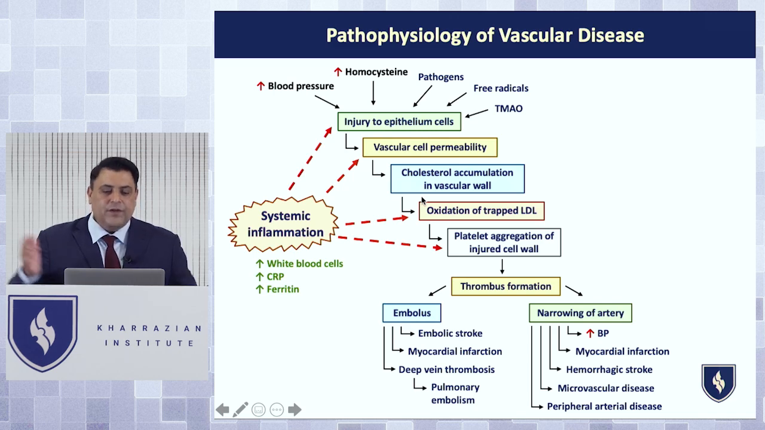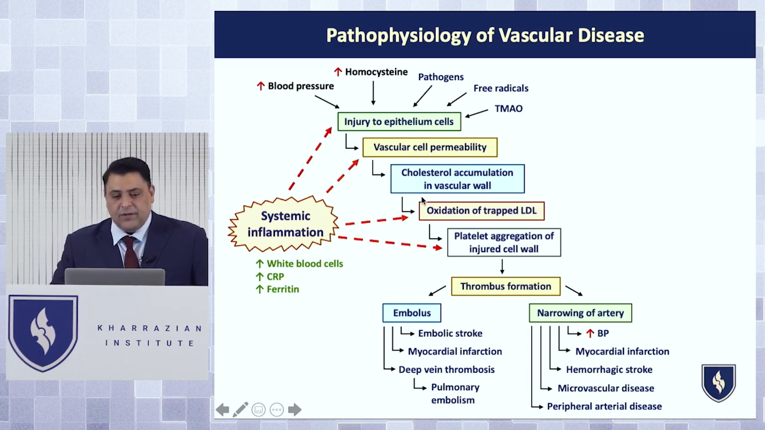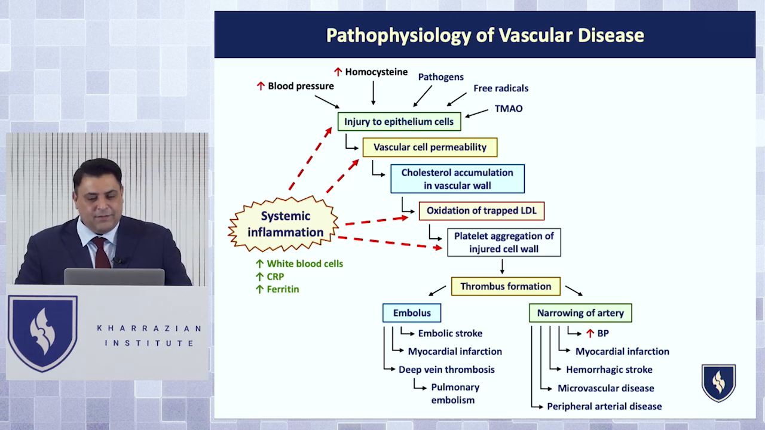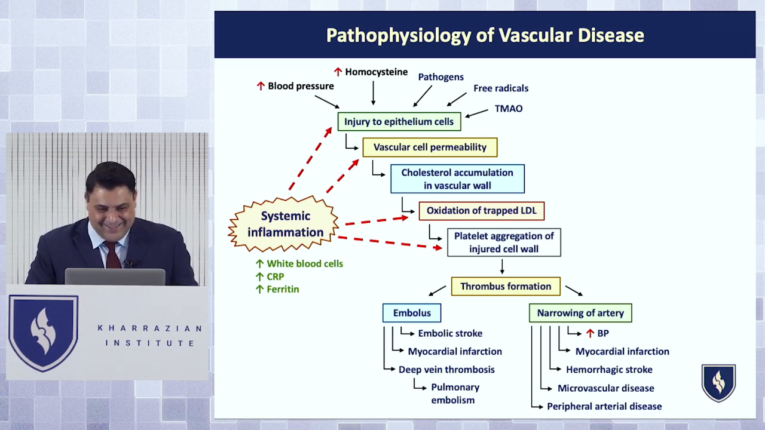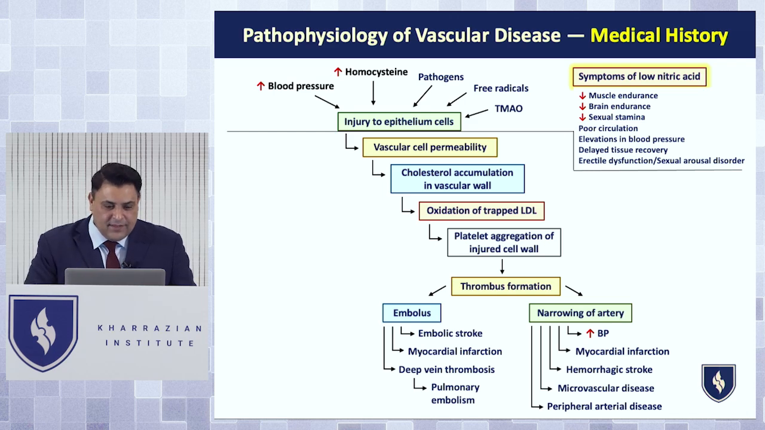So ultimately, what do you do with this? It's really cool, nice diagrams, but I have a patient in front of me. Yeah, I understand. We're going to get there, okay? The first thing is injury to the endothelial cells. You get symptoms of low nitric oxide. That's number one. This is when they come in: low muscle endurance, low brain endurance, low sexual stamina, poor circulation,